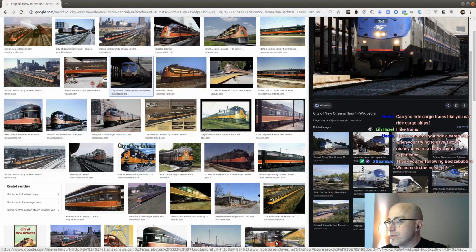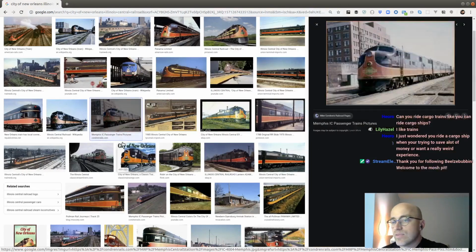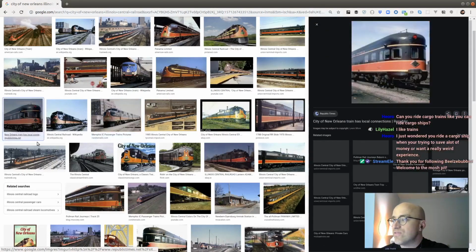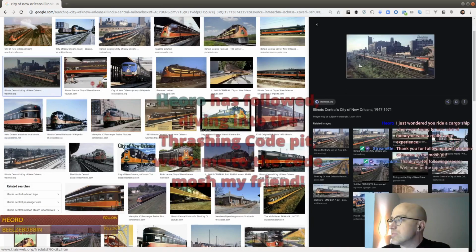That Amtrak runs. Oh, look, there's the old... when it inherited some of the old cars back in the day. But anyway, that's what it used to look like. It used to have this fancy tail car where you could sit in the back and watch the tracks going, or watch the train going over the tracks. And there's another picture of it.